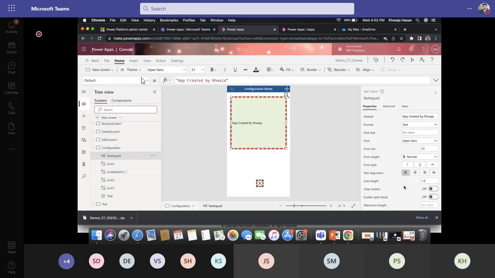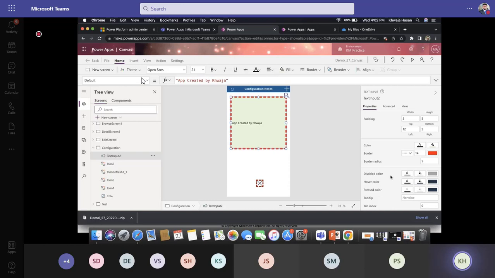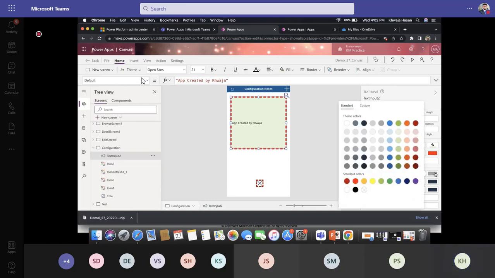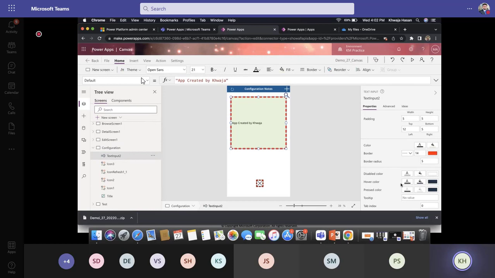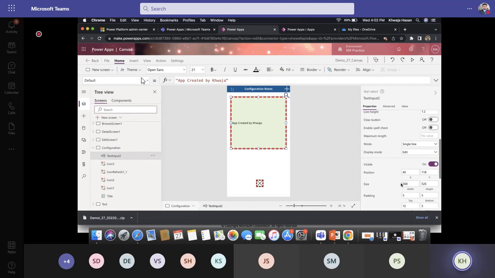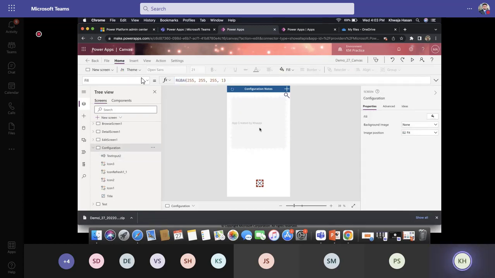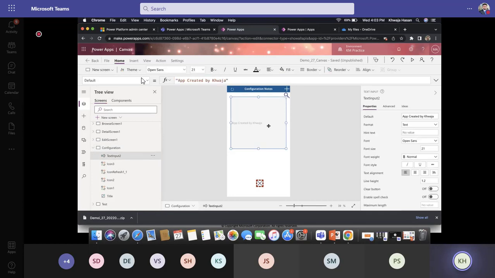And third one, we have this disabled color. Disabled color, you can select white, and when you select it, display mode, if we disable it, you see it change the color to white. This is how you can manipulate things within your app. You can play around,